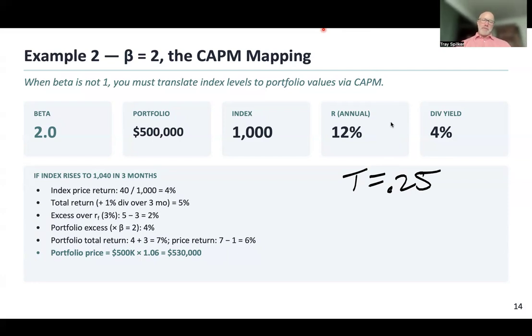Okay. So we're looking at 3 months out. For example, if the index rises by 40, given a starting index level of 1,000, that'd be equivalent to a 4% return. That's just the price return. So our total return is going to be that 4% plus